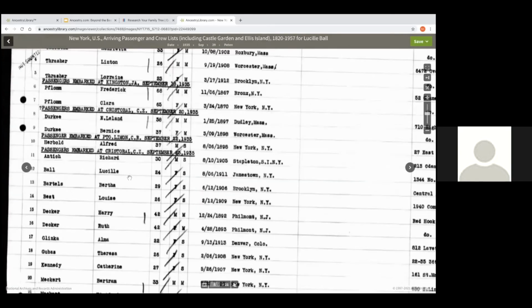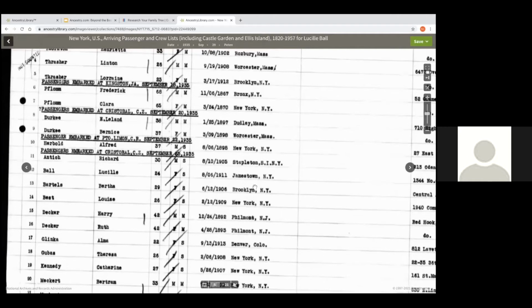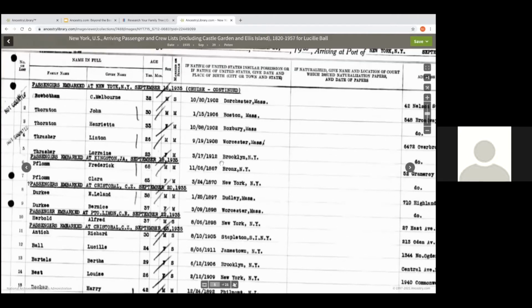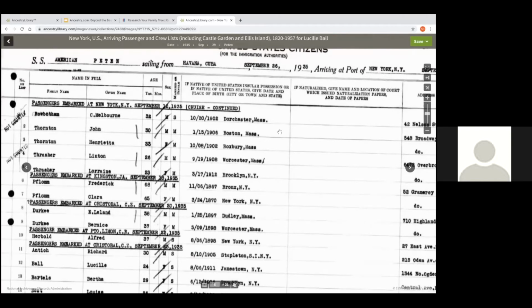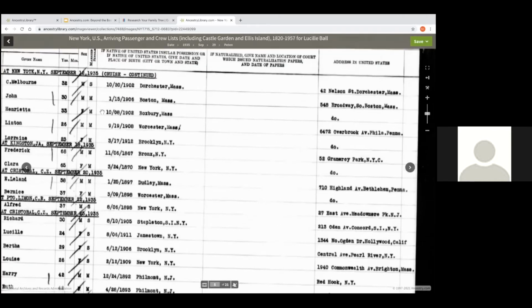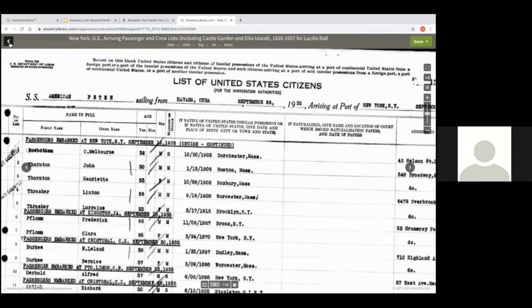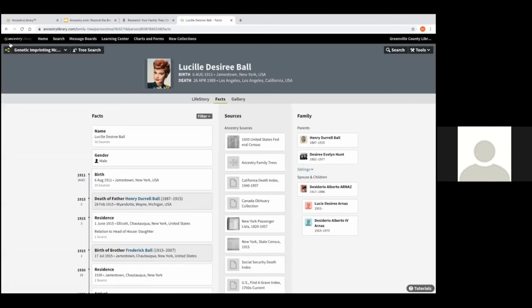And it lists some information about her age and where she was from. So we can kind of use the information from this record to evaluate if this is actually a record that pertains to her. We would also want to look at other records as well. And that's one thing. If you're looking for a birth date or a death date for an ancestor, I suggest trying to think of all of the possible resources for that information.